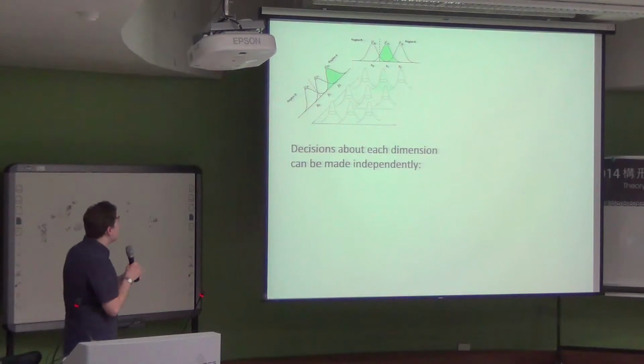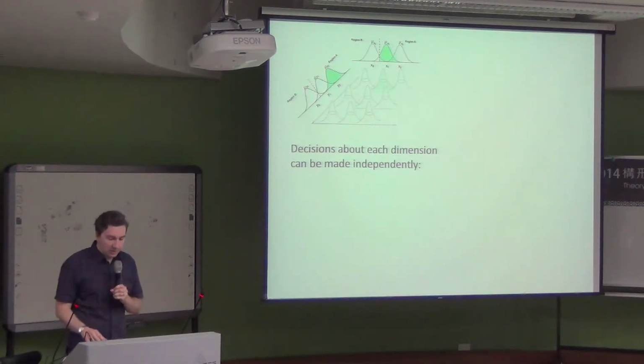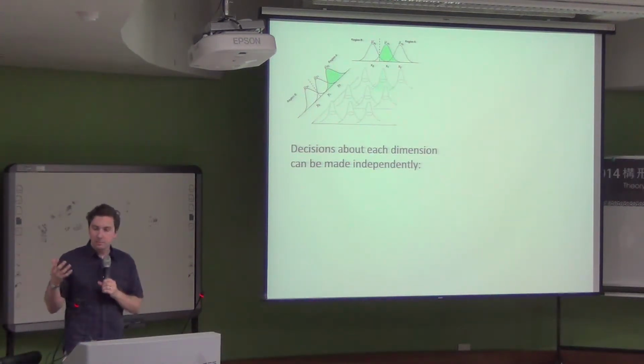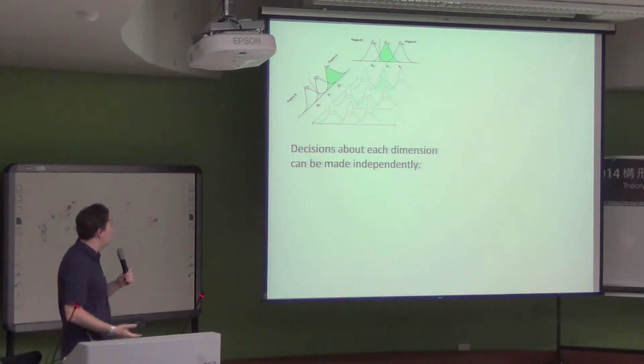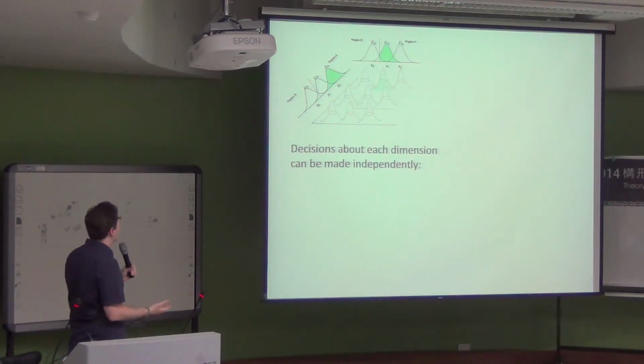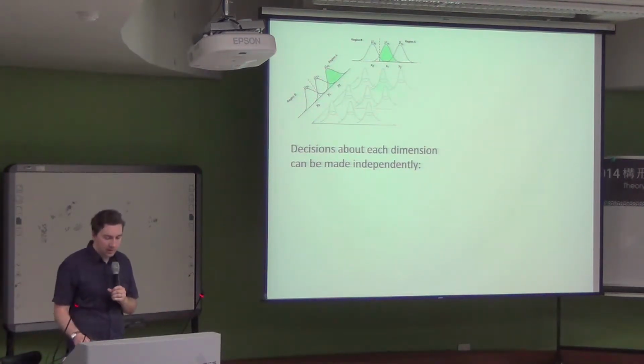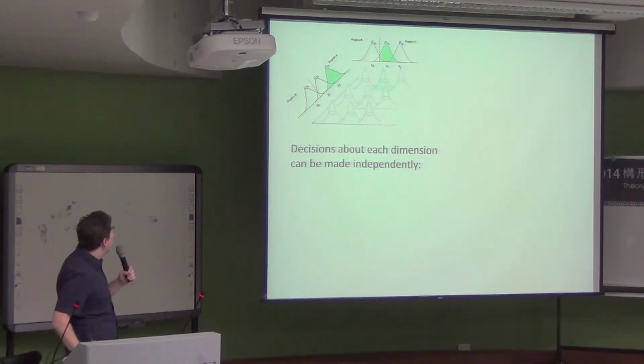So in this categorization setup, we can think about 2 possibilities for how the dimensions might be combined. They might be combined independently, or they might be pulled together in a coactive fashion. If they're combined independently, then we assume that what drives the evidence accumulation rates on each dimension are the marginals of the bivariate normal distributions for each stimuli.